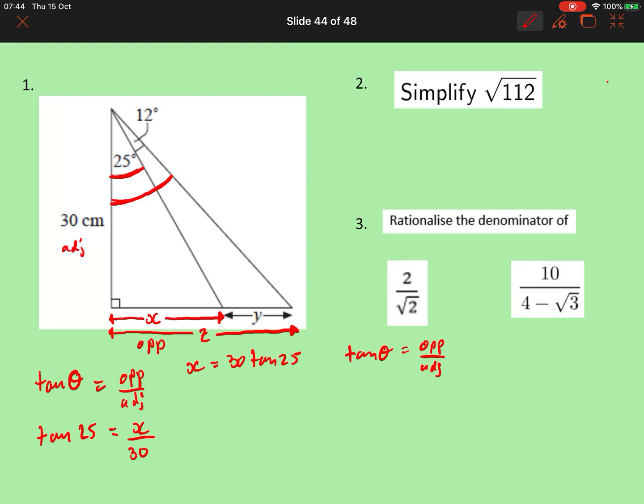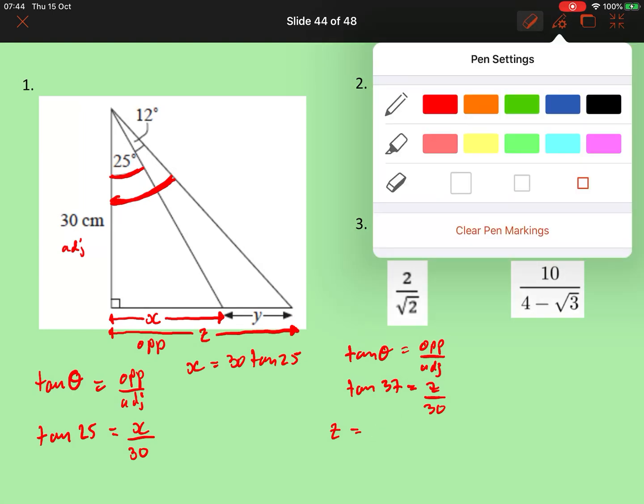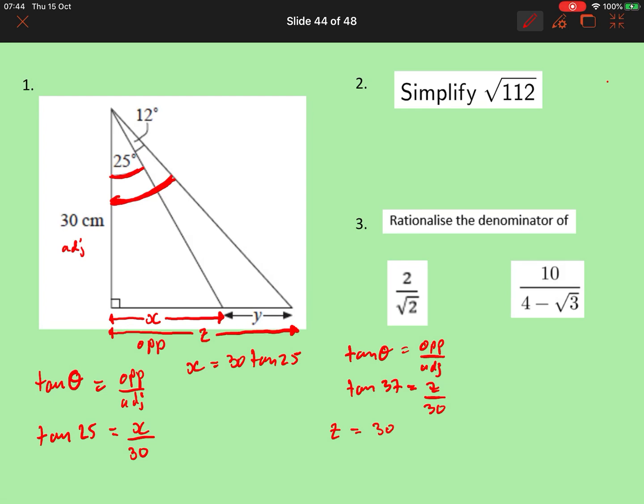The opposite this time is z, and the angle is all of this, so it'd be 37. So it'd be z over the same adjacent, 30. So z is equal to 30 times tan